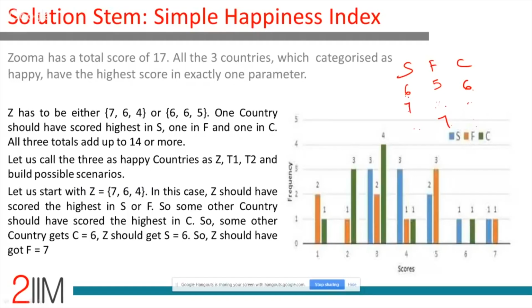There are only 2 6s that are both taken. So this cannot be 6. So 7 6 4, this 6 and this 4. Is that possible? With 7 and